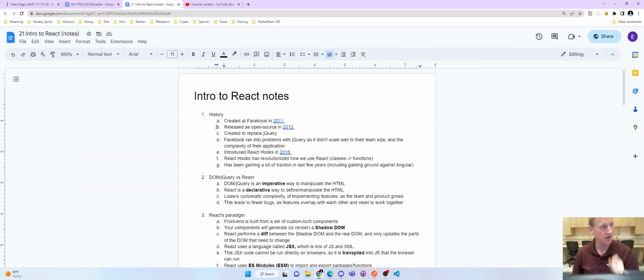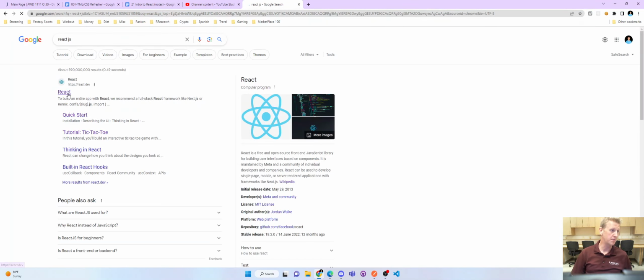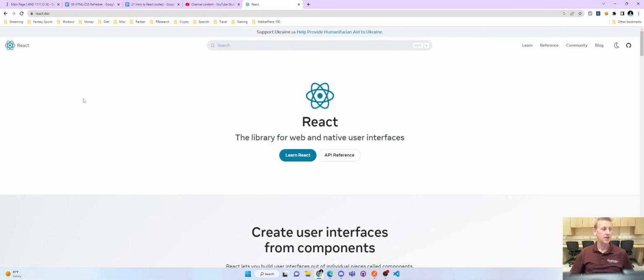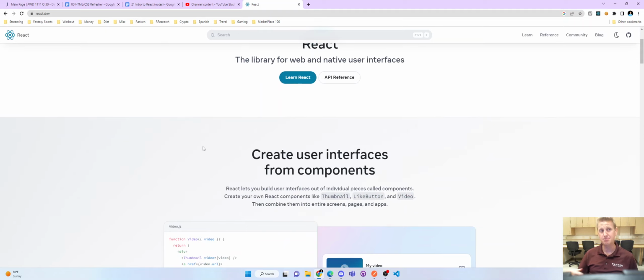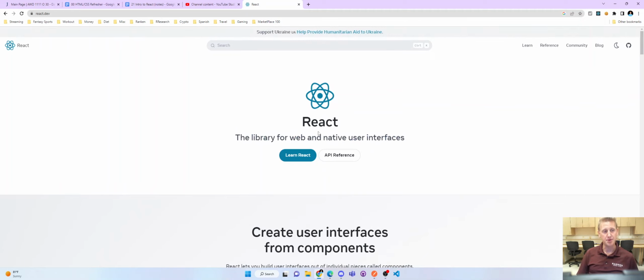Alright, everybody. So we're ready to move on to the next section of the course, which is the front end. We're choosing React. React.js is a framework built on top of Node, and so you're going to notice that even to install React, we're going to need Node installed as that runtime environment. React is basically, for the last 4 or 5 years, the most popular front end framework